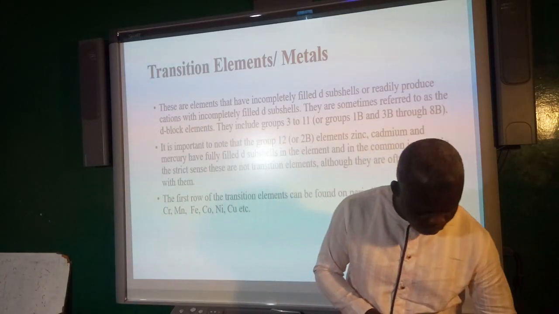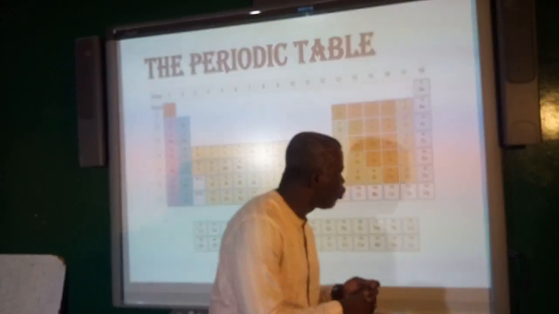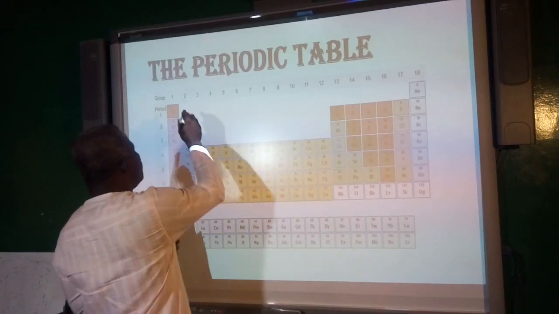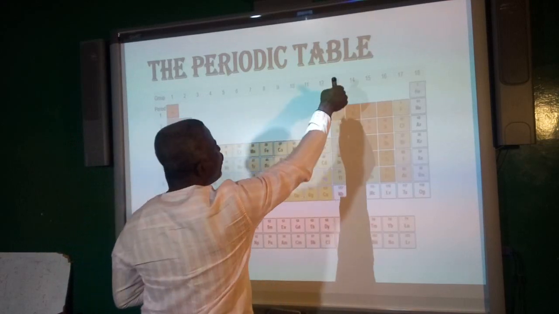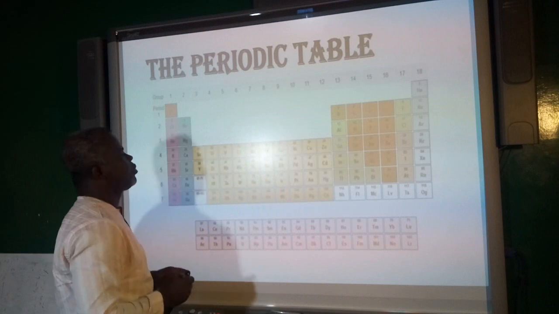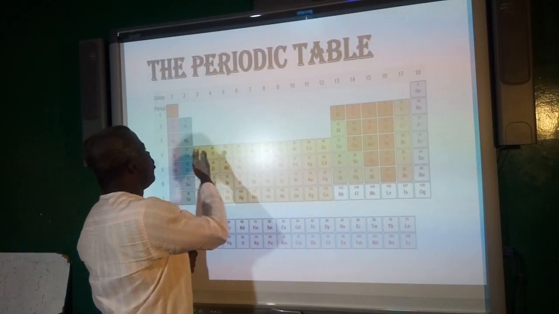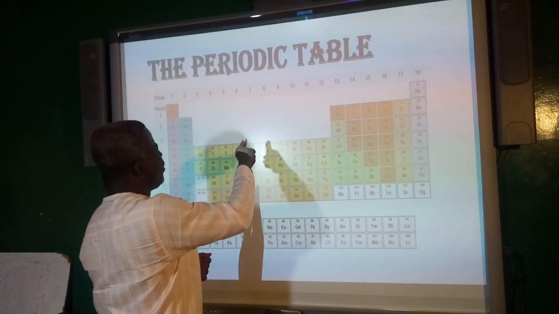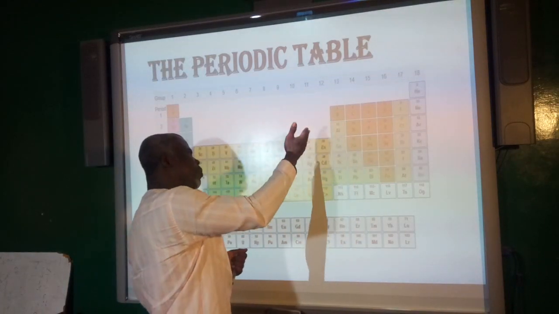Let's also go back to the periodic table for me to illustrate the transition elements. They are here. They come between group 2 and group 13, or group 2A and group 3A. These are the transition elements. I hope you follow me. The first one, we have the first group. Here we have scandium, titanium, vanadium, chromium, manganese, iron, cobalt, nickel, copper, and you can sometimes include zinc,